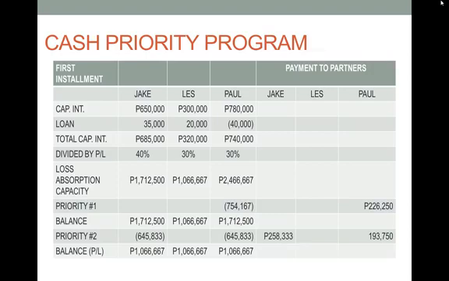Then sa second priority, 645,833 multiply by 40%, that will be the payment to Jake, full payment to Jake. And then 645,833 multiply by 30%, yan yung second payment na dapat matanggap ni Paul. So, first priority si Paul, then yung second priority ni Paul, add mo lang yung dalawa, yun yung dapat matanggap ni Paul in the first installment. But since we have only 662,500 available cash to distribute,